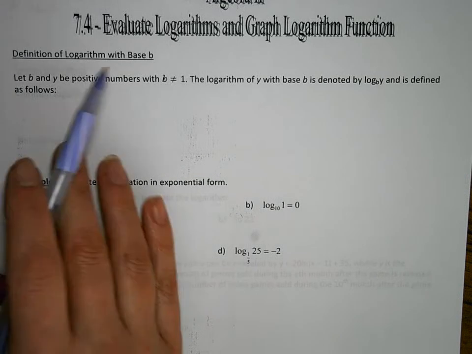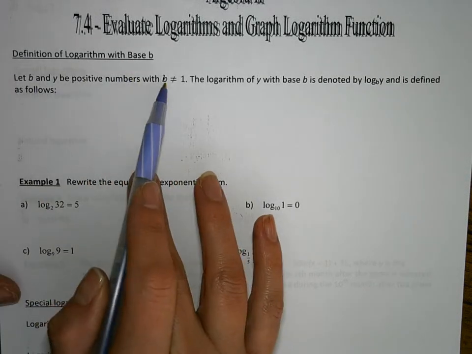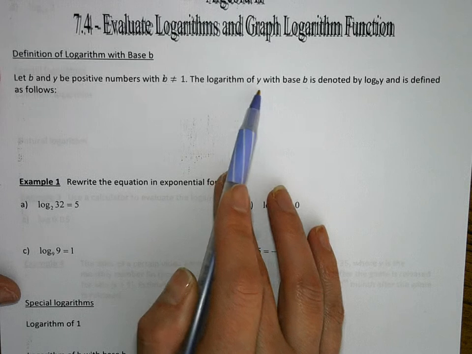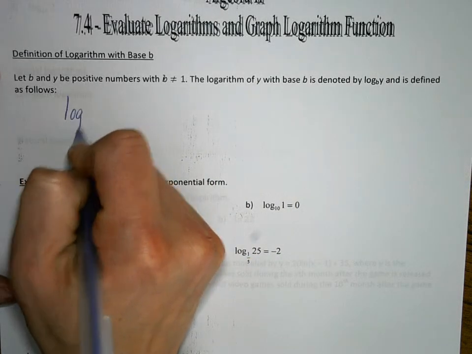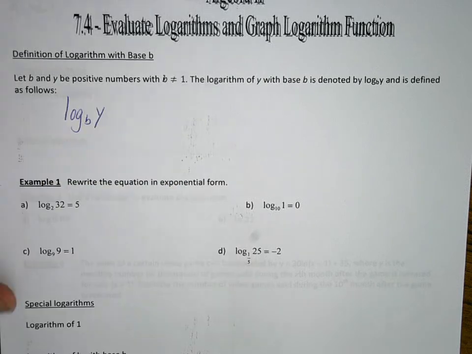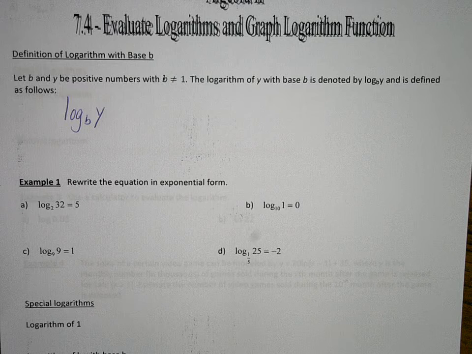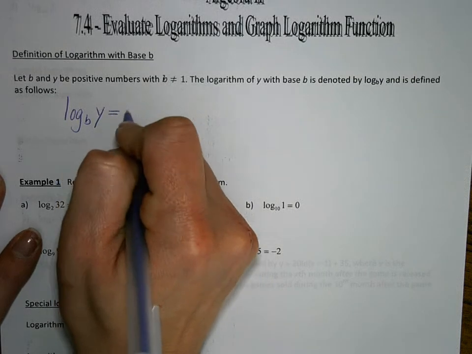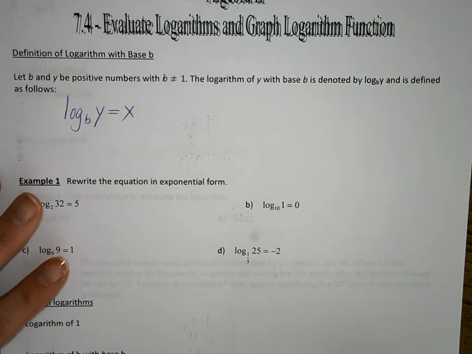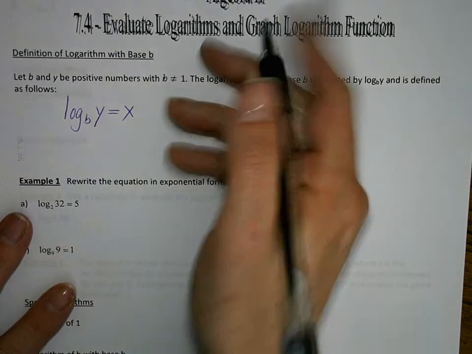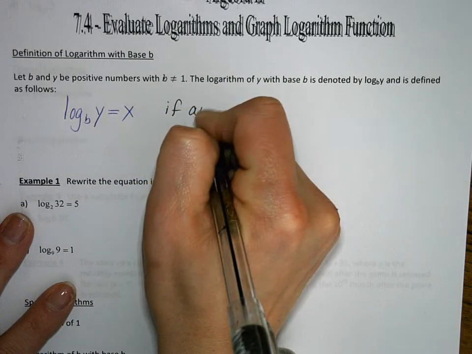So, by definition, let b and y be positive numbers where b is not 1. The logarithm of y with base b, we write it log base b of y, and it is defined by the following. We have log base b of y. When you're finding a logarithm, you're finding an exponent. So we're going to set it equal to x. We're going to set it equal to that exponent. Okay? Now, this will only happen if